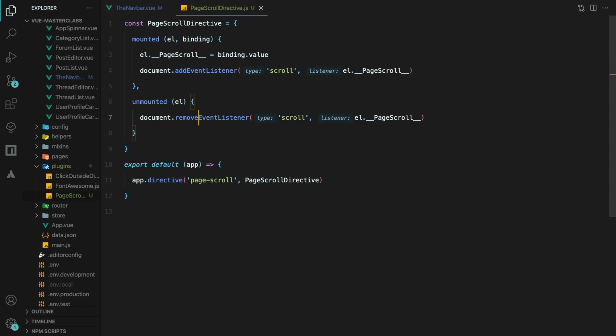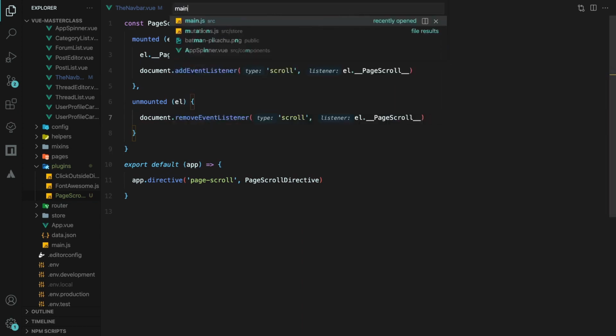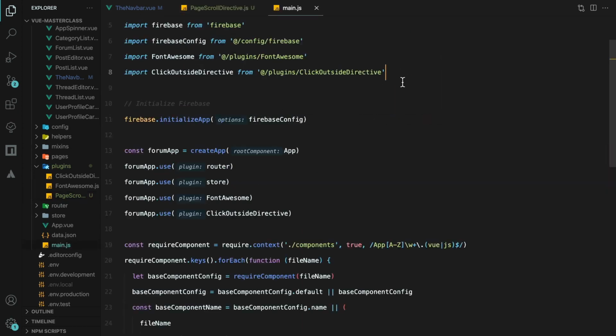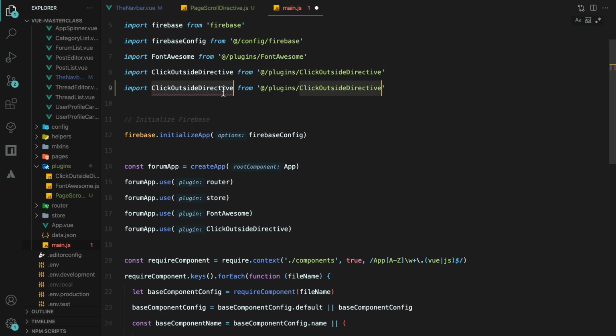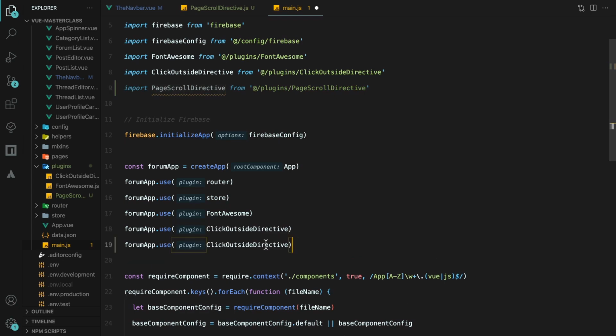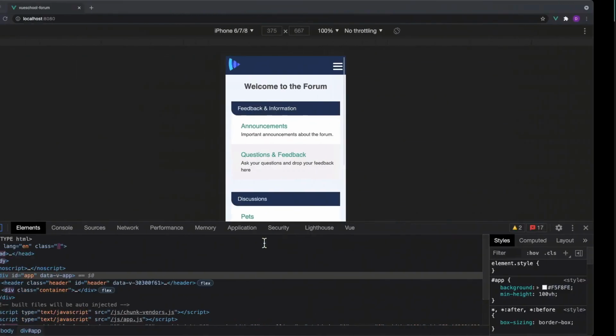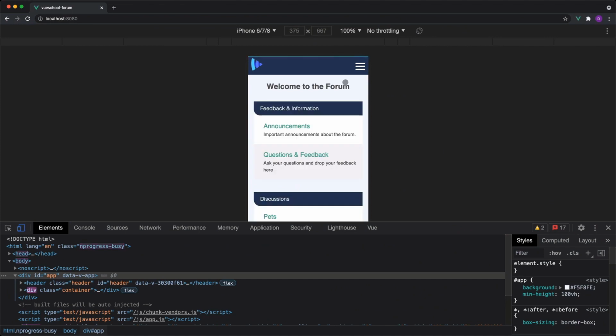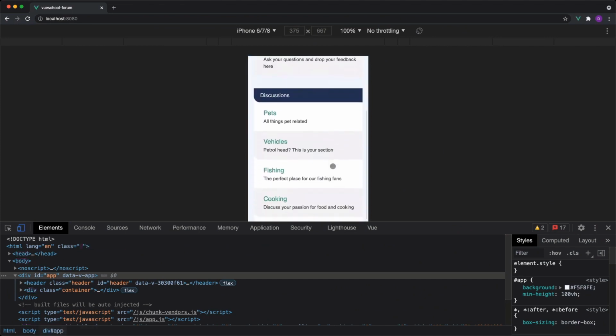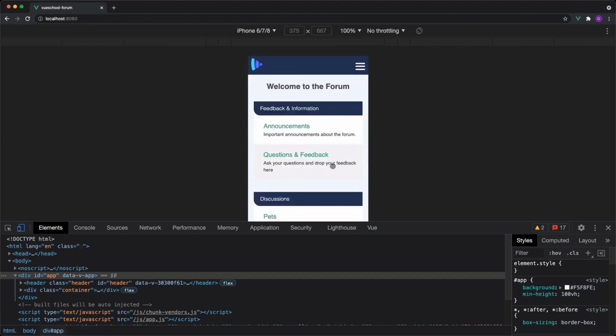Before we check it out in the browser, we need to import it and then use it in main.js. Back in the browser, when we are on mobile and scroll down, the navbar closes.